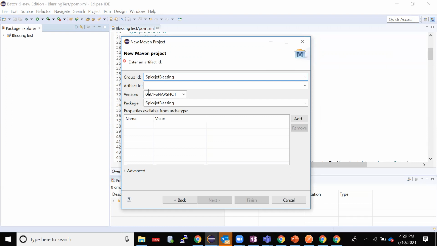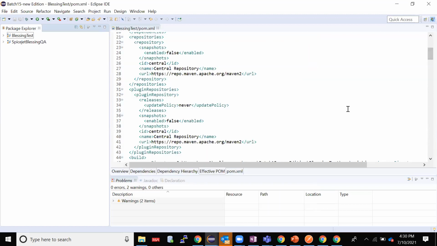The group ID is, kind of, my company name. The artifact ID is inside that. I have QA, quality analysis. This is my artifact ID. I'll just click finish. Okay, my project got created.